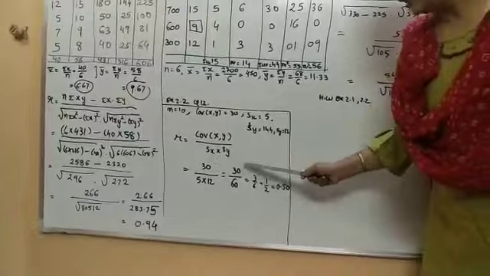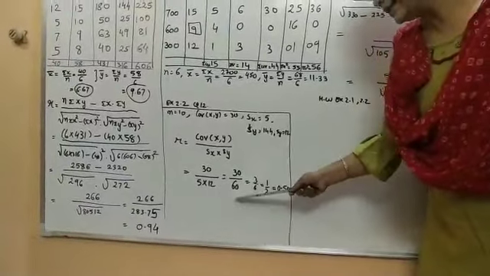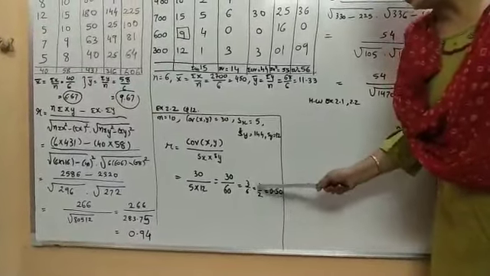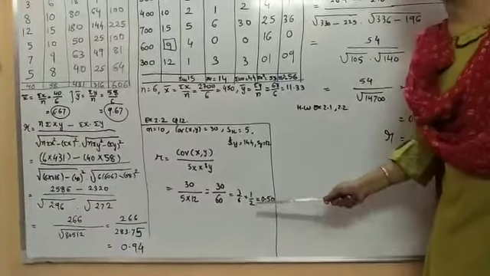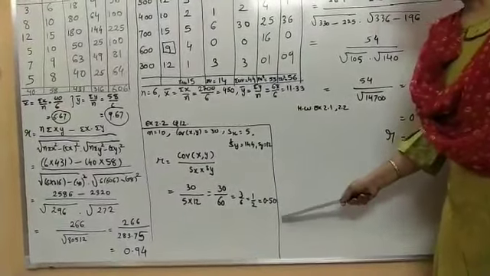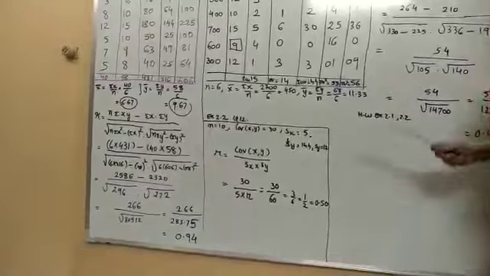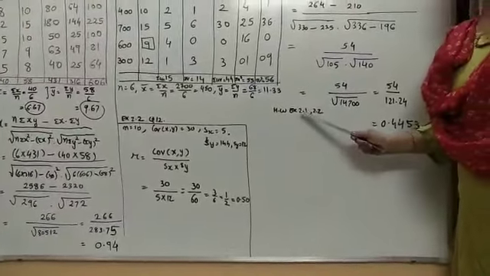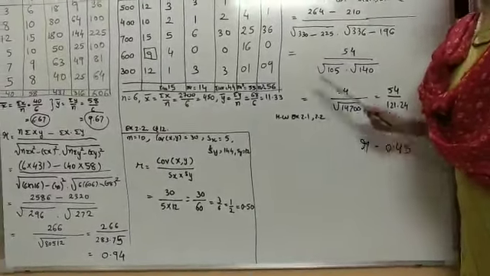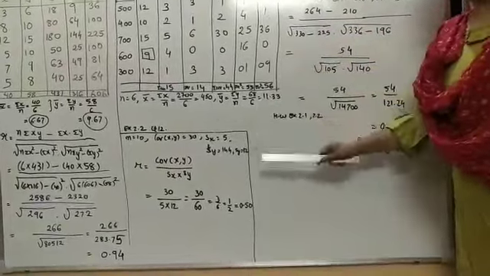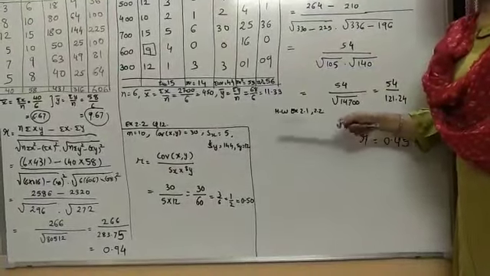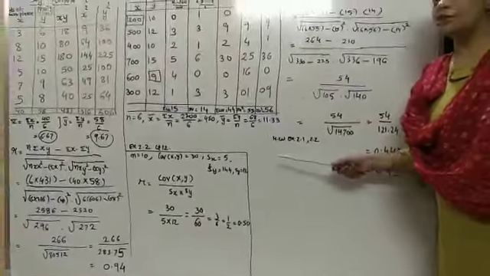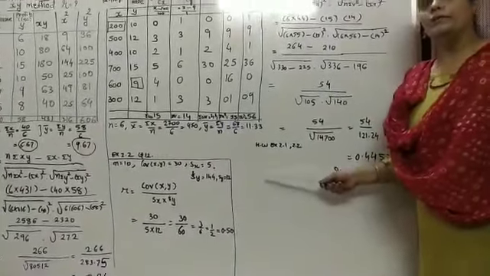Yes. So 30 as it is, 12 5s are 60. So 3 by 6, 1 upon 2. The answer in decimal will be 0.50. So what is the homework? To solve all the sums of exercise 2.1 and 2.2, which covers all these sums. In the next lecture, we are going to see again a few formulas which are very important. Okay.